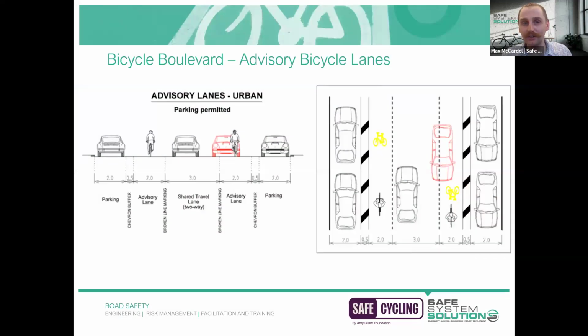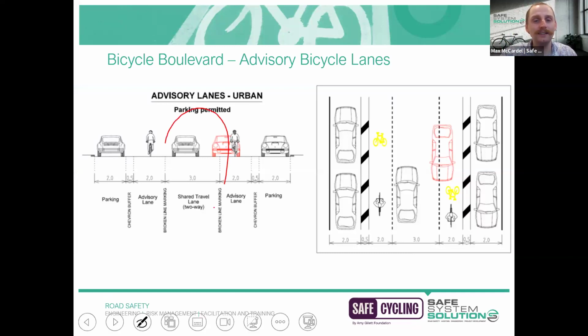Another one I quickly wanted to touch on is this idea of a bicycle boulevard or advisory bicycle lanes. There are a few different names going around for this kind of setup. The way that it works is you create one central travel lane for general traffic, and that would permit travel in both directions. And then you create bicycle lanes that are consistent throughout that arrangement. So the traffic lane, there's only one of them for both directions, but there are 2 bicycle lanes, one for each way. You'd only be doing this in low speed,